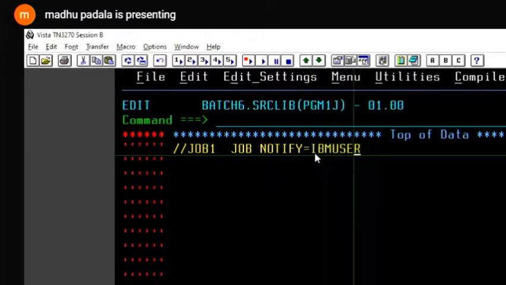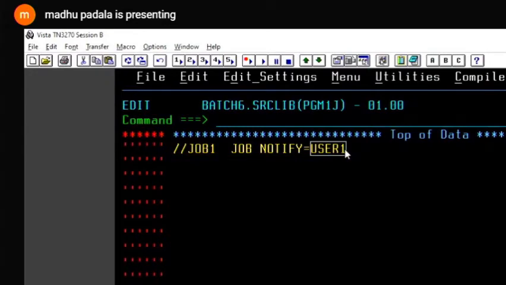For example, if I give NOTIFY equal to USER1 and I submit it, I'll get that notification. But if USER2 copies your JCL and submits it, you will get the notification. There are n number of users available in the real environment.